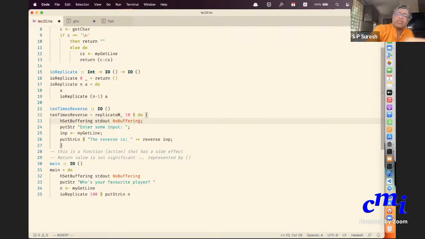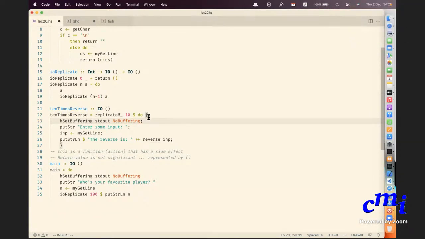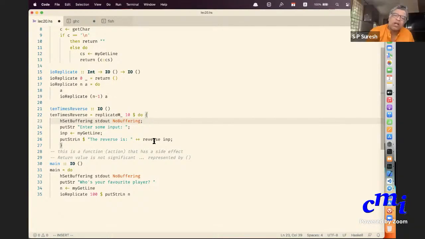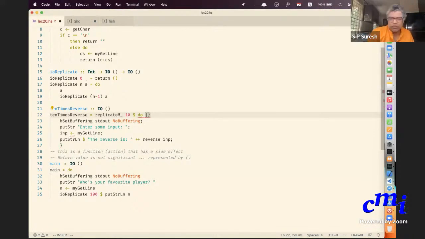You might find that this is clearer in some cases. Yeah, this is clearer, right? So you can do it this way. Then it becomes just like your Java, C, whatever. You are delimiting the whole block by open braces and closed braces. Okay, I'll leave it at this one.